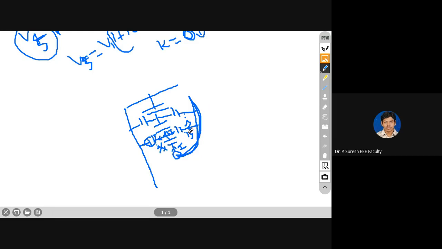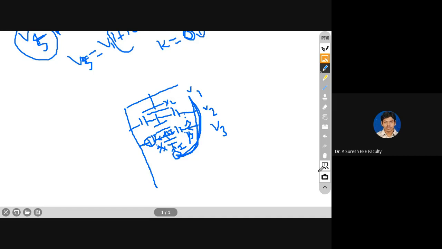It will be cancelled with each other. It will make the same current flow through each insulator. Same current means we have the same reactance Xc, so all the reactive drops are the same. We get all the voltages equal. So that is what we call a guard ring or grading ring.